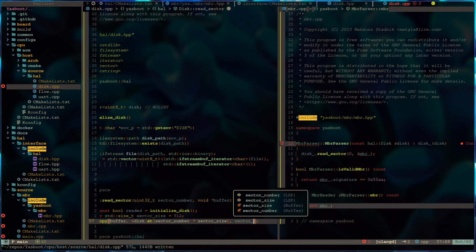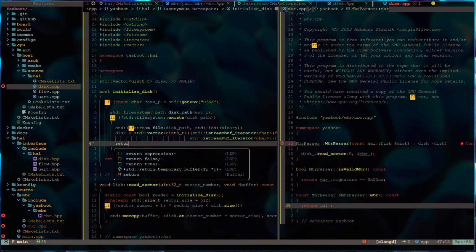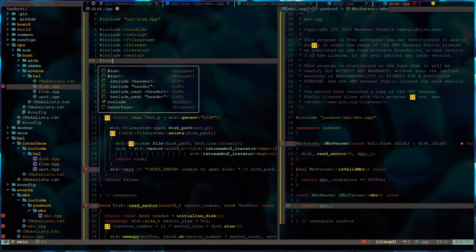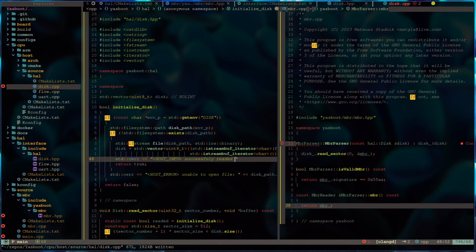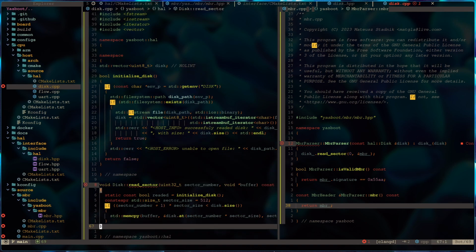For now, I'm using a hard-coded 512 bytes as the sector size. But in the future, it should support the real sector size for a particular device. I added some logging for verification and testing purposes.